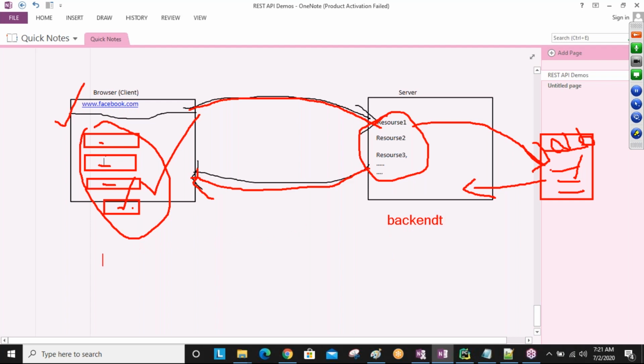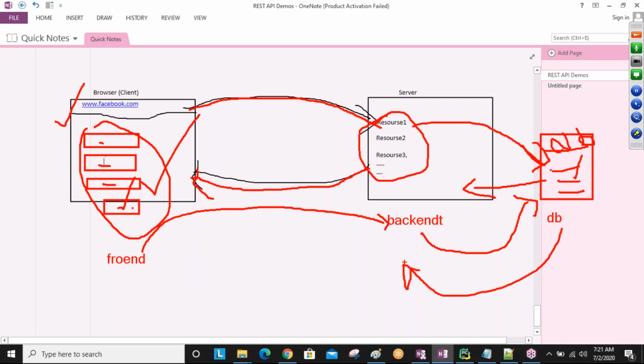Here, this is front-end technology. Using this front-end technology, user-entered data comes to the back-end technology, and using your back-end logic, this data goes to the database. This is generally how all applications work: front end to back end to database. Then database to back end, because sometimes we want to get data back, and back end to front end, and that data you display here.